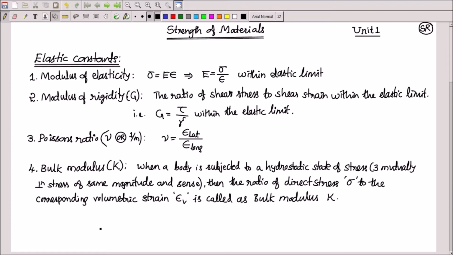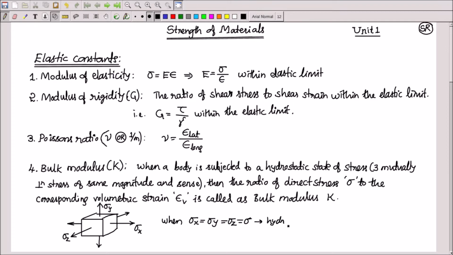The reason why we discuss it in fluid mechanics also is that there is a state of hydrostatic nature. Hydrostatic means if you consider a small cube like this, it can be a fluid element, or it can be a cuboidal element taken from the solid state also. When it is subjected to the same stress in all directions like this, I can call this sigma x, this sigma y, and sigma z. This is called three-dimensional loading. When this kind of stress system is present with equal magnitude, all three stresses of the same magnitude, then it is known as hydrostatic stress.